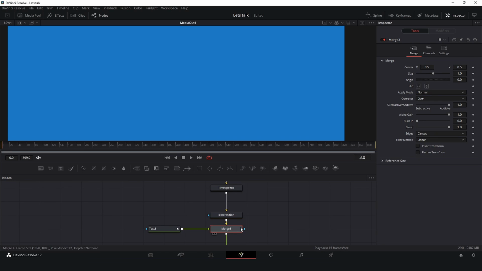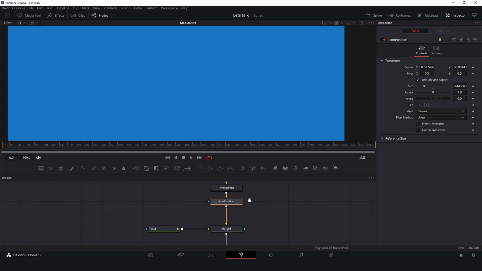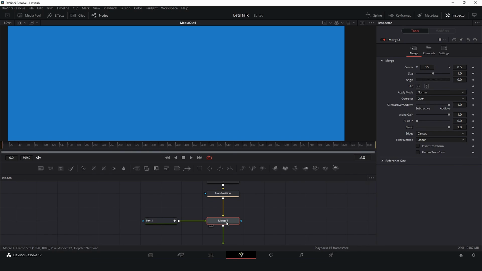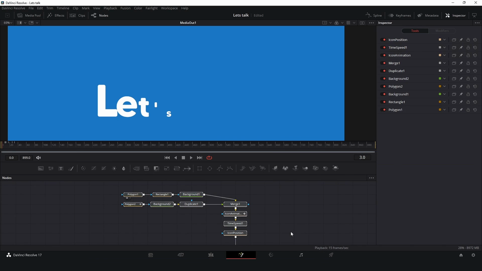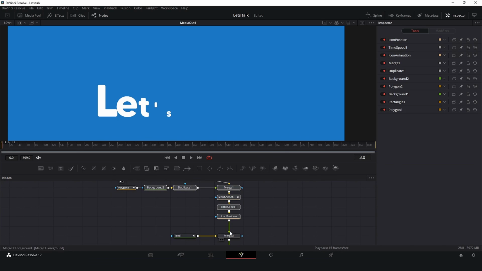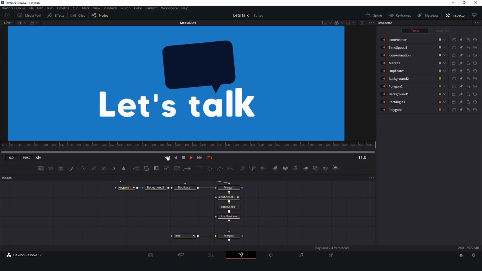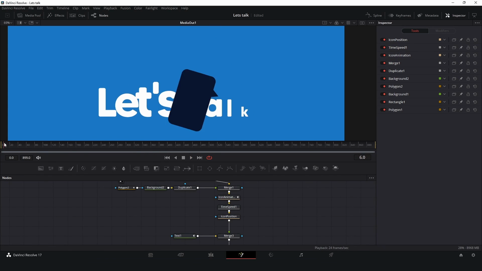So let's go to the merge node, because all this icon animation is connecting to the background, and just invert, Ctrl T or Command T. So now all this icon here is on the top, foreground, and is working. Perfect. See?